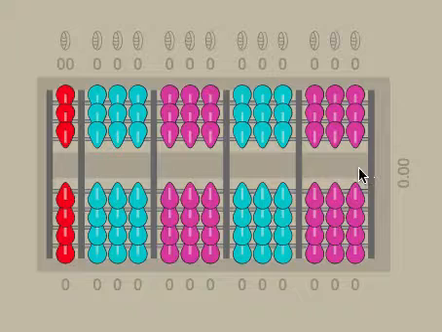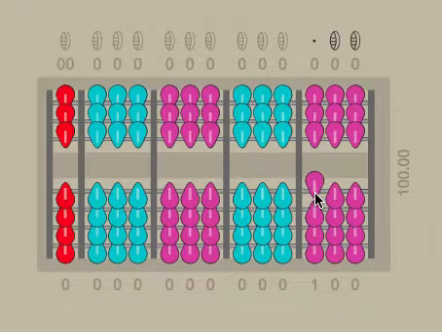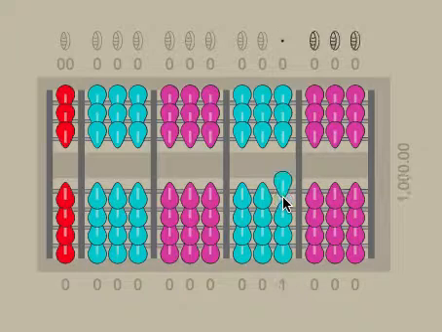We're going to look first below the separation bar. This first column represents my ones. That means that every one of these counters represents a unit of 1. The second column represents my tens, which means that each one of these counters has a value of 10. The next column is the hundreds column, which means all of these counters in this column have a value of 100, and so on. 1,000,